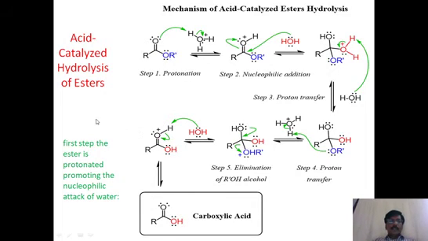So the whole process is similar. What we have to understand is that in the first step, the difference is that the ester is first protonated by H plus, that is, on the oxygen. After that, the reaction is simple: water attacks, OR minus is removed, and after that the proton is removed. First, the proton is attached to oxygen. So this is the first step, which is the main point of the acid catalyzed mechanism.